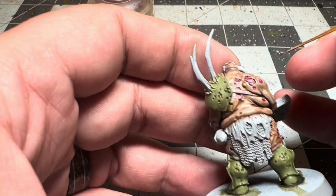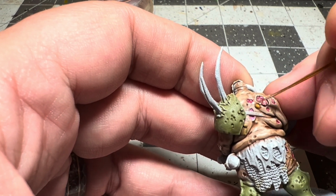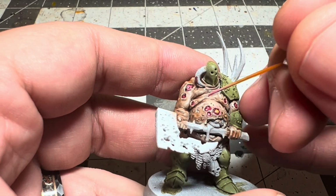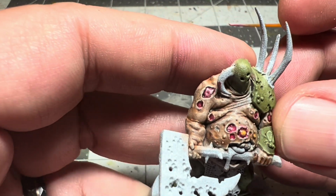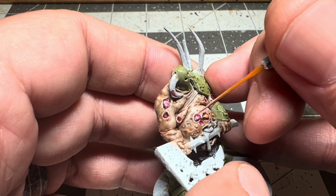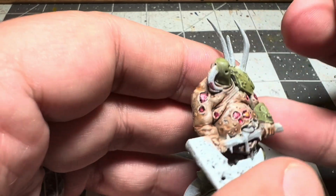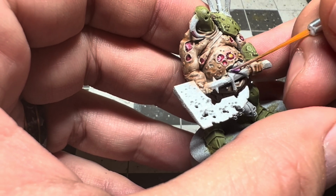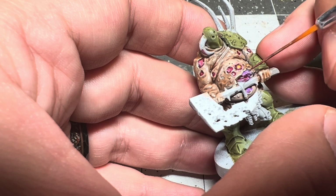I highlight the boils using Pallid Witch Flesh at a nearly glazed consistency to make the skin look stressed and translucent. I bring the color of the wounds back up using Emperor's Children, careful to avoid the deepest recesses. I pick out the highest points with Fulgrim Pink to give the wounds the illusion that they are wet and glistening. I paint the intestines with Genestealer Purple